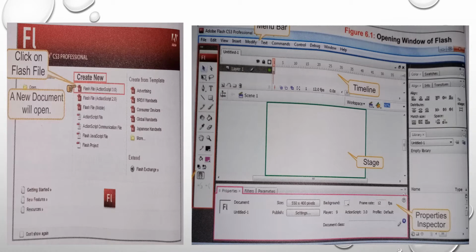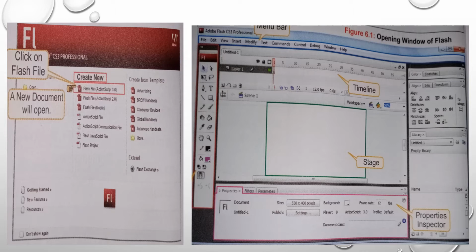Flash is a powerful animation software package developed by Adobe Systems. Flash provides a versatile and easy way to create animation that consists of images, sound and video with various effects. Flash is a vector-based program, which means that the graphics created in it can be scaled to any size without losing quality.